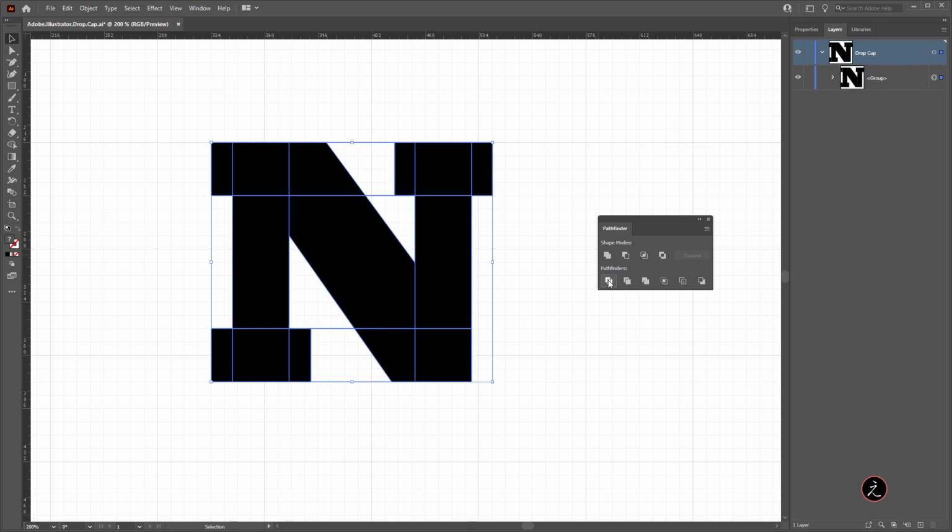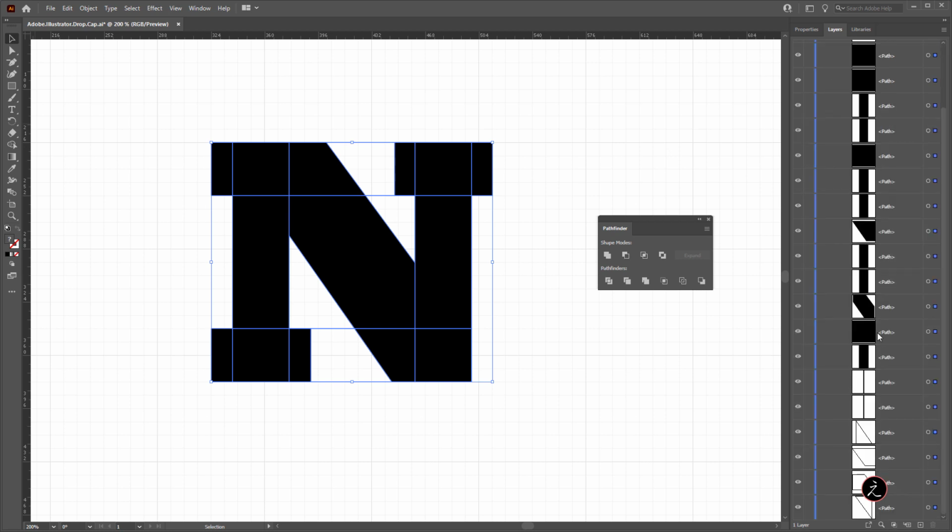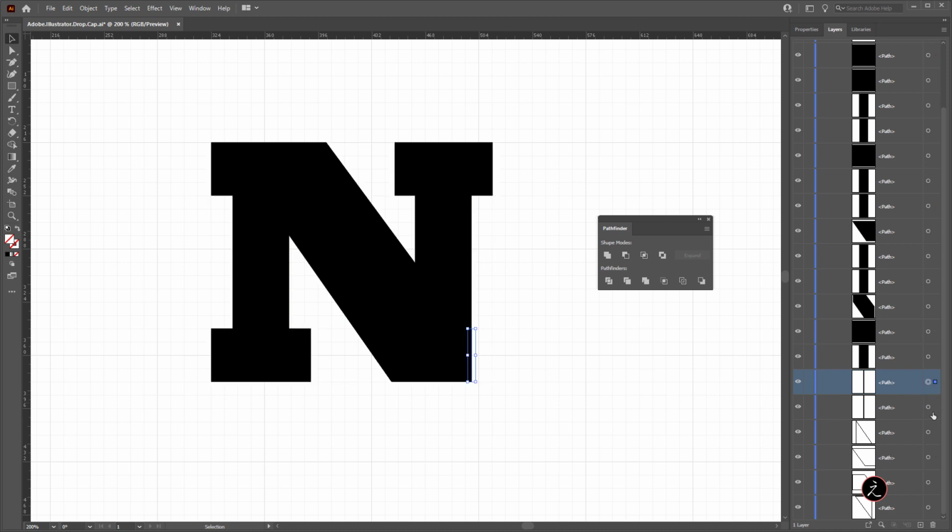So click once, and now all of these have been divided. We can see this from the layers panel. Now here's the thing, we have some leftovers here, and that's because the parts that were not snapped to the grid, the ones with the guides we placed and not aligned to the grid lines, these ones are a pixel off. So what we're going to do is target those leftovers by shift-clicking inside the target column, and that's why I always look inside the layers panel and double-check my work.